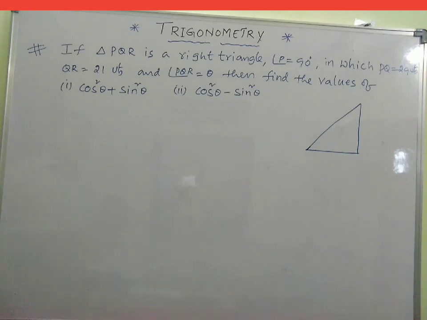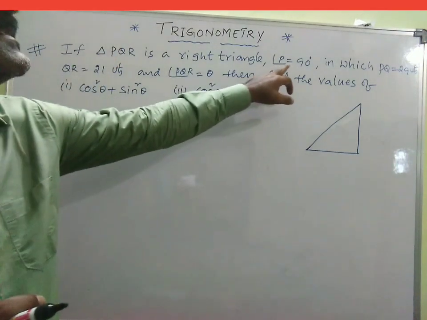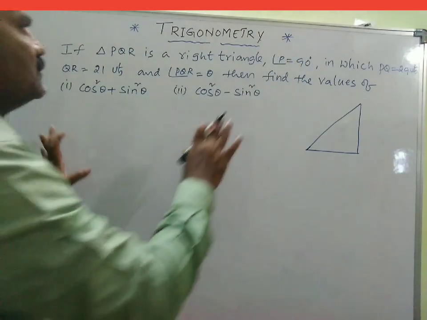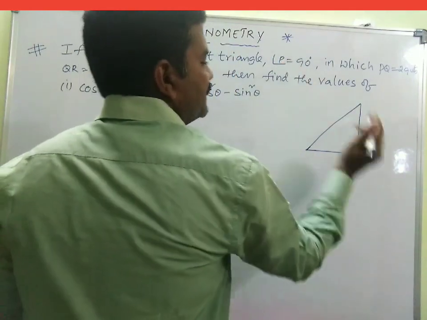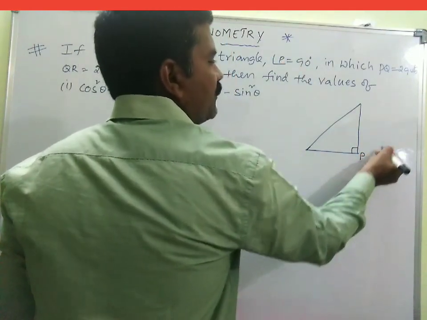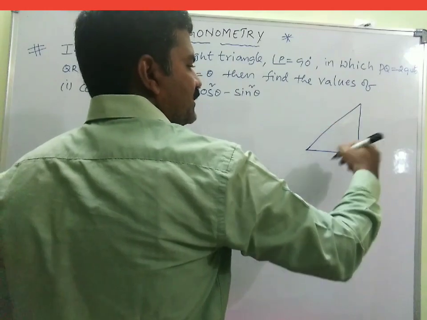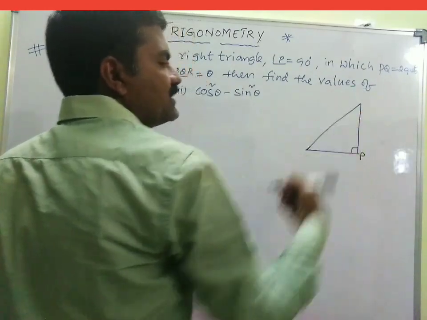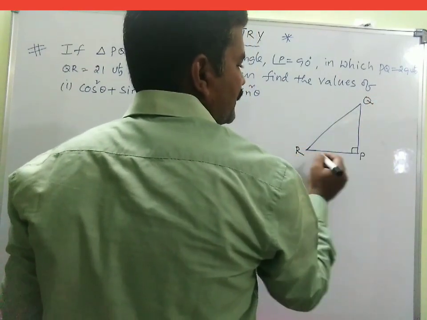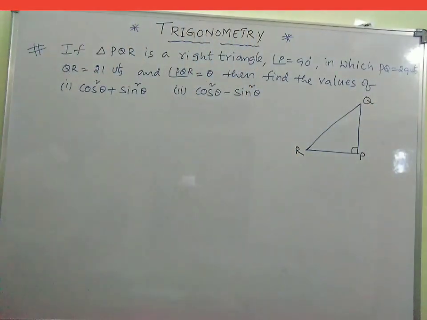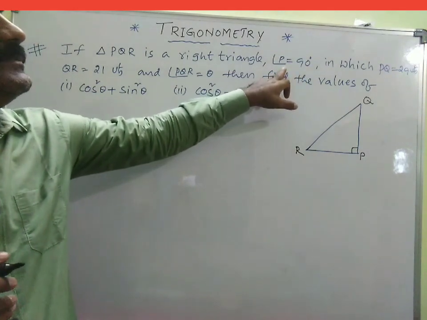So coming to the next question, in triangle PQR, triangle PQR is a right angled triangle, angle P is equal to 90 degrees. So let it be a triangle PQR. Moreover, the right angle is at P. So suppose this is P. Now you can move in the clockwise direction or anti-clockwise direction. Now let me assume this is Q and this is R. PQR is a right angle triangle and the right angle is at P, in which